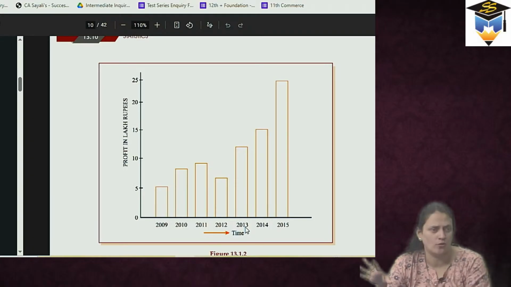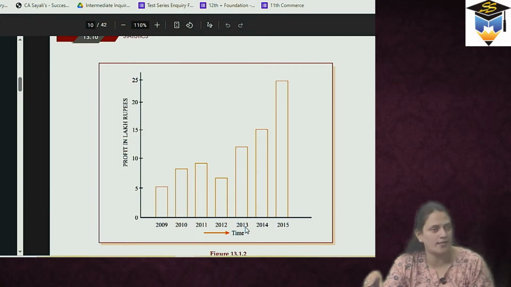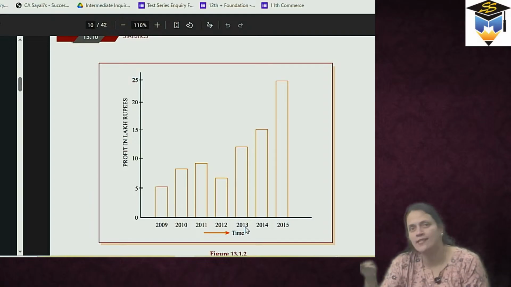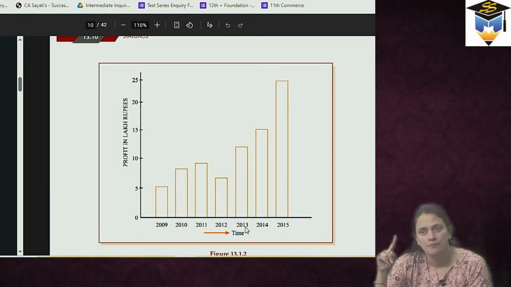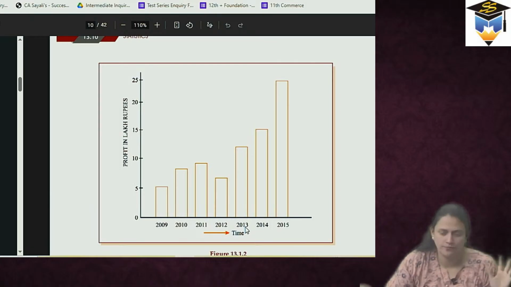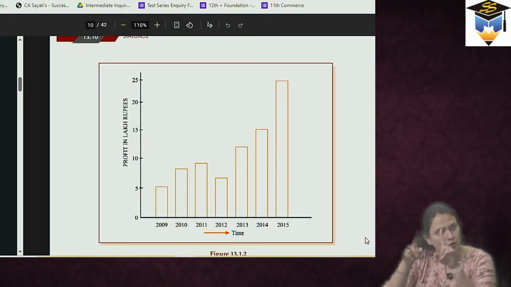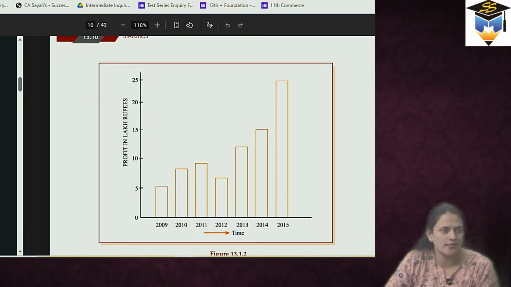कौन सा भी year लो, is there a profit? Yes. So that can be seen on y-axis, not from the x-axis. So हमेशा please remember x-axis पे independent variable and y-axis पे dependent variable. ठीक है? So you know what are bars? These are bars, and there is a double bar diagram also, which you had done. So if there are two types of data to be shown using a bar graph, then that's a double bar graph.